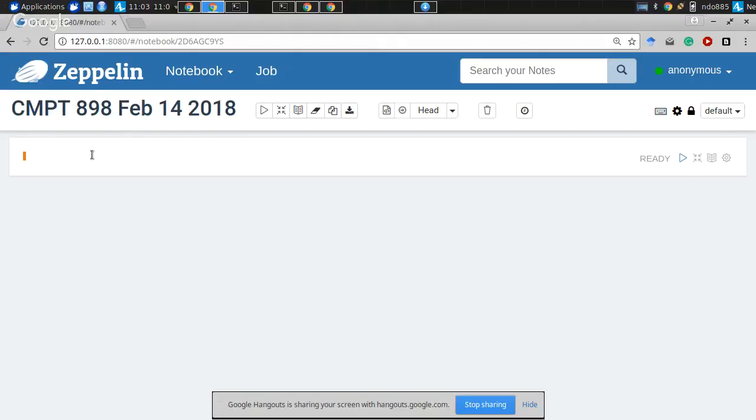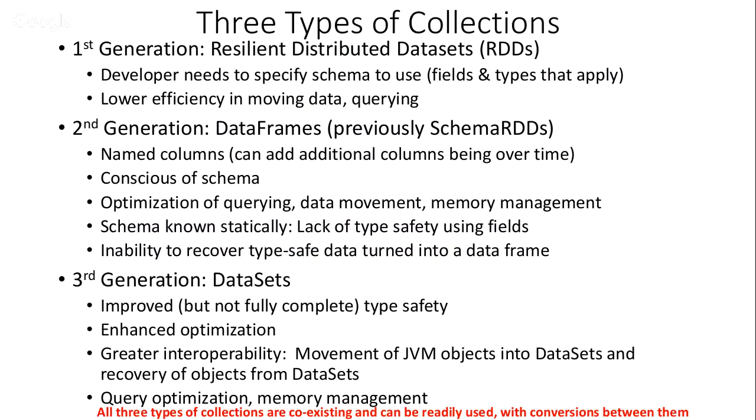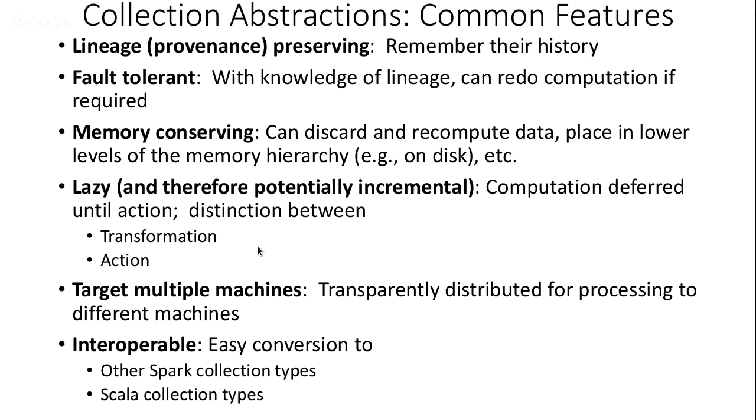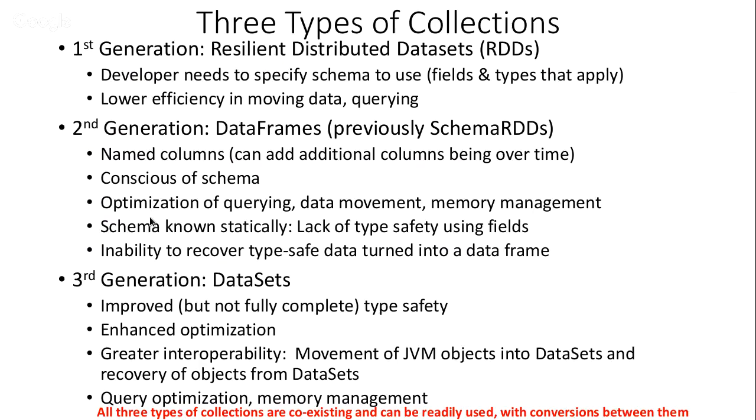Okay, and we're going to use this session to explore three types of collections provided by Spark. I noted that all of these collections share these basic features. They remember their lineage, they're fault tolerant, they're memory conserving, they're lazy, they can target multiple machines, and they're interoperable with classic types within Scala. But these types of collections have different interfaces to the user, and they in fact have different